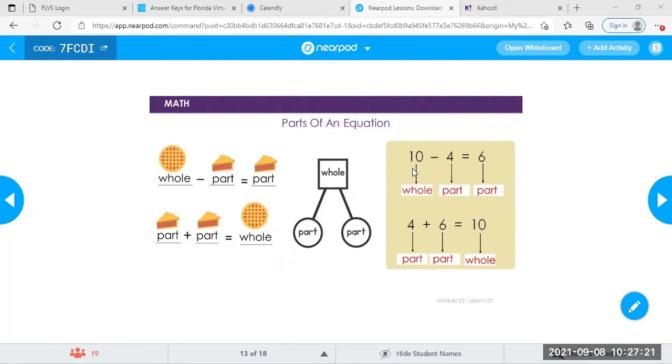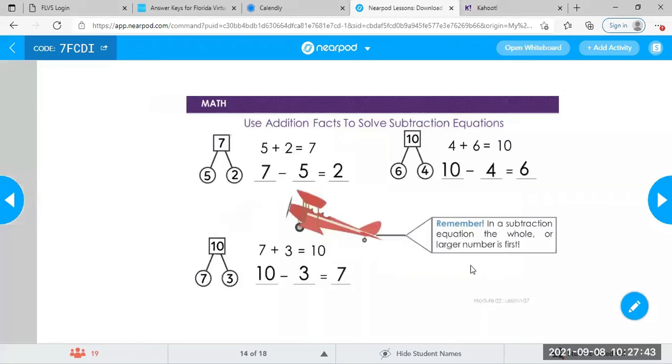And if we use numbers instead of pieces of pie, well, because it's math, right? So 10 minus 4, if I had the whole thing as 10 and I gave Olmo this part, Benito would have this part. If I added them back together, Benito's part plus Olmo's part, and the whole goes back together. All right, so